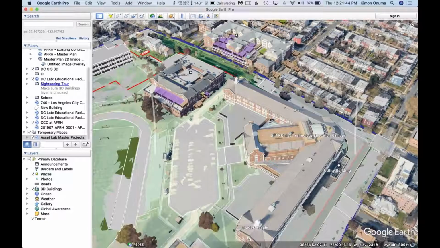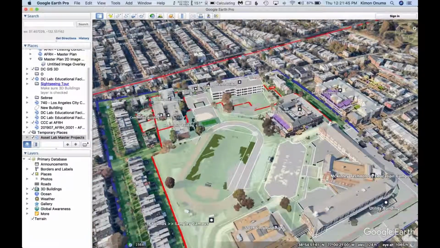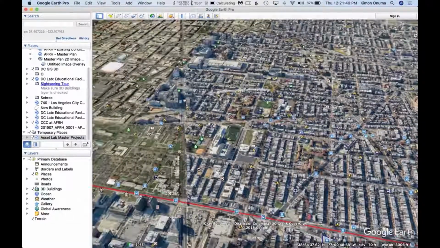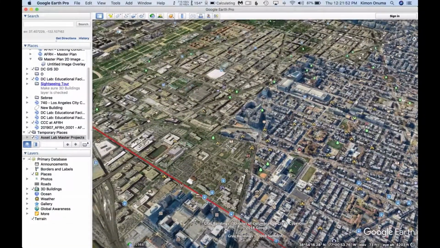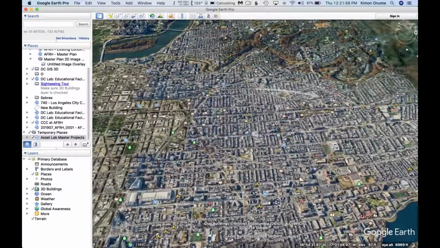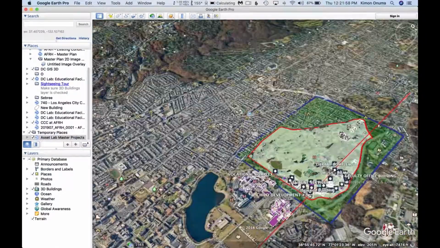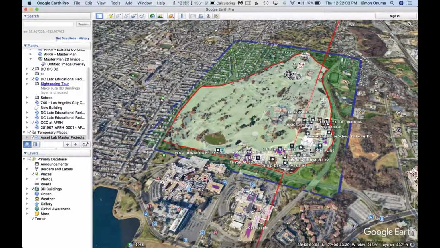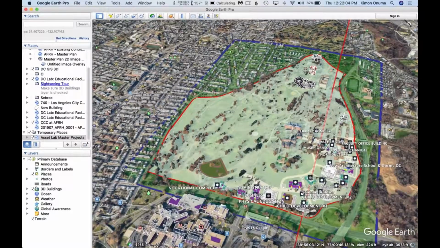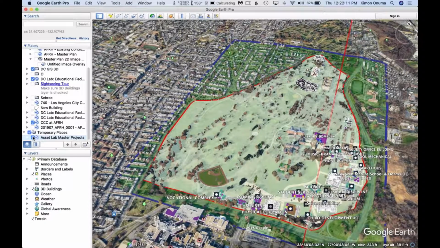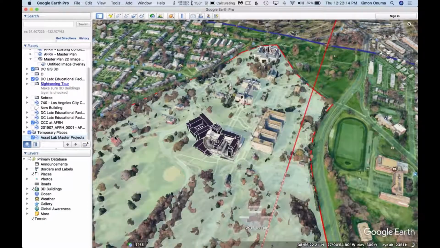Okay. Yeah, so what Stacy did was actually amazing. You were quiet for a week or two, and all of a sudden, boom, you come up and show us what you've already done. It's great. You had some questions, but looking at the data, I'm flying around to the AFRH site now, and let's see if I can find your layer here. Yeah, you were talking about these buildings here.